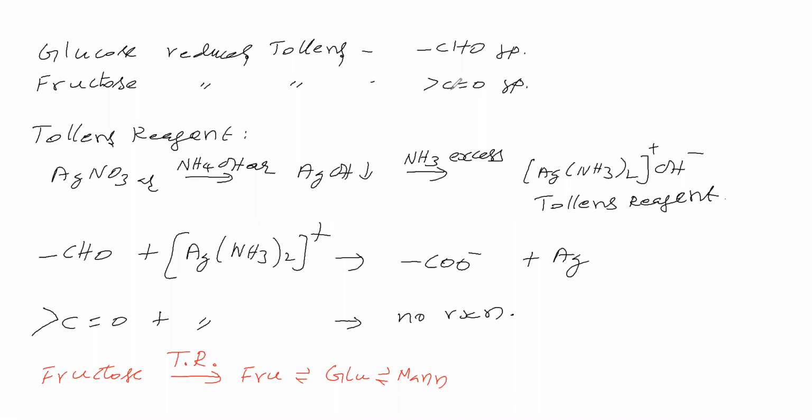Next. From the chemical properties we have discussed, we are coming to know that monosaccharides have an open chain structure as well as a cyclic structure. It is a conclusion. So monosaccharides have an open chain structure as well as a cyclic structure. Now we will see the cyclic structure of glucose.